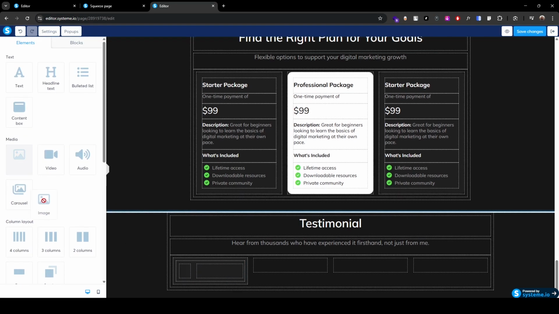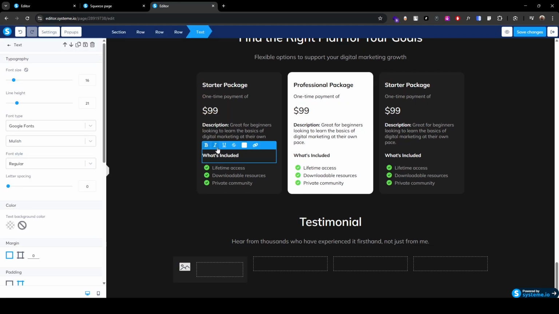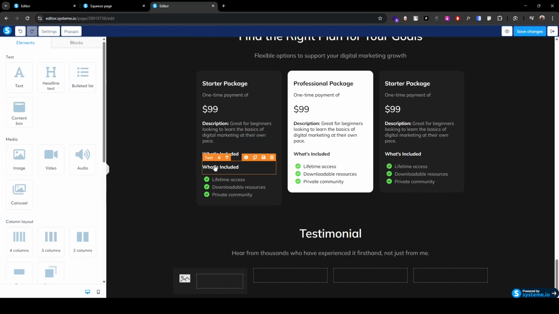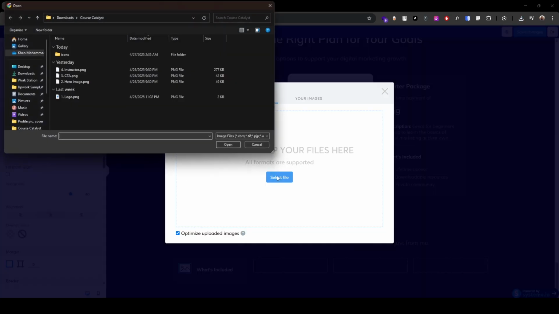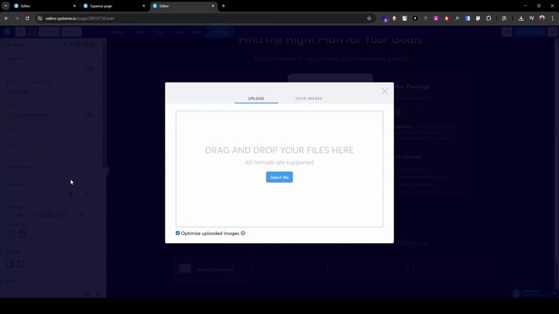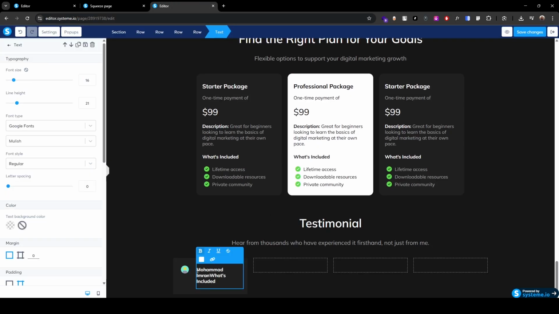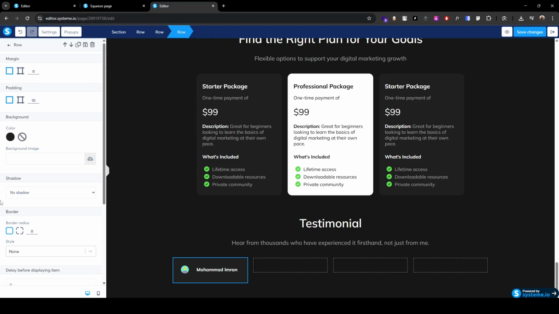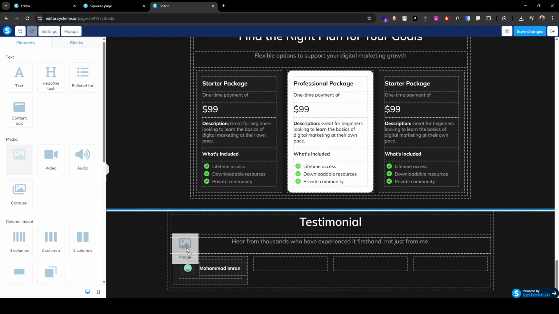and drop the image, and we can simply just copy this text and drop it here. Click on this image and upload it. Change the name Muhammad Imran. Add some padding like 20 on right, bottom and left. Now add another image here